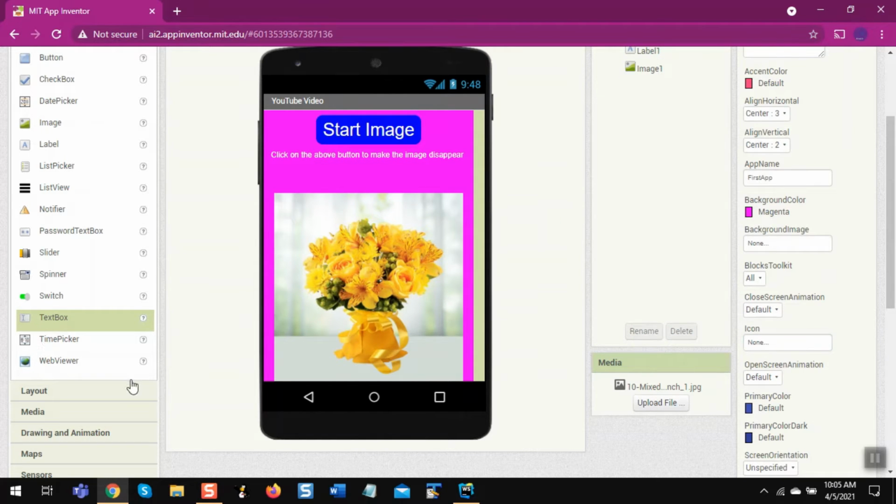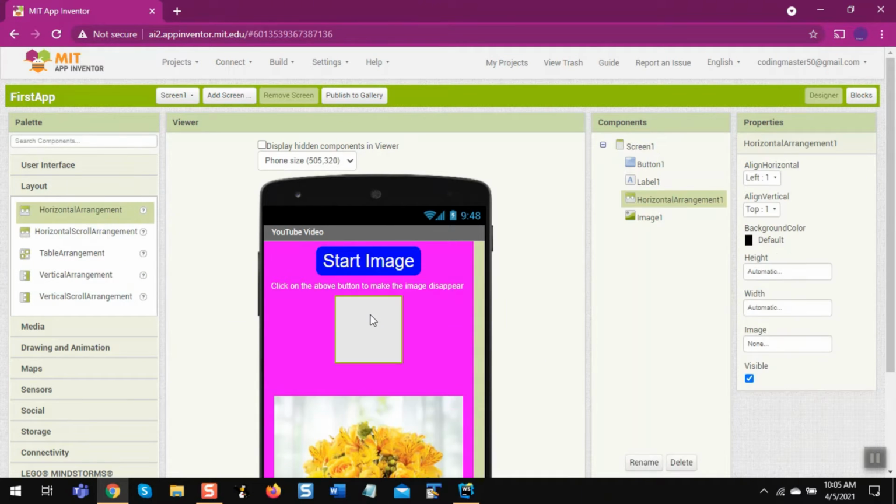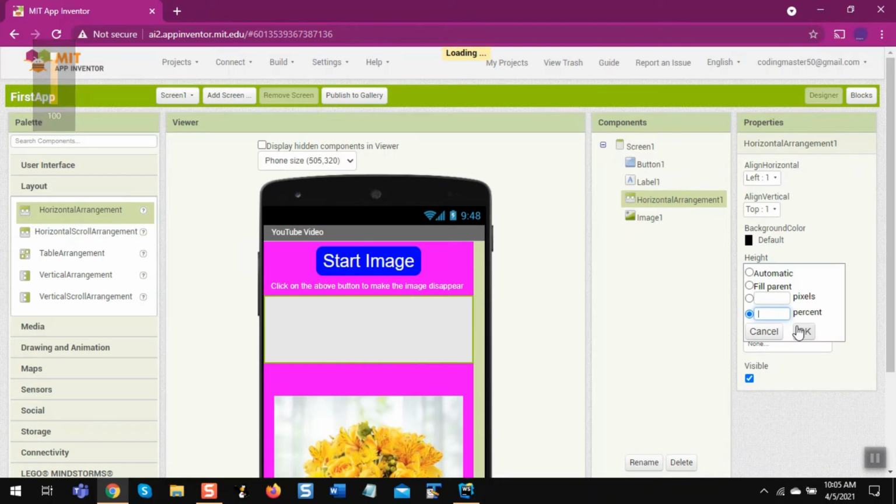And I have even used this in one of my other videos also, so you can see that. The web viewer, we can put a URL, but it's a little advanced now, so no need to do that. Then this is a little important one, these are all arrangements. First I'm going to tell you about horizontal arrangement. I'm going to set the width to fill parent. Here I am going to do 10%,